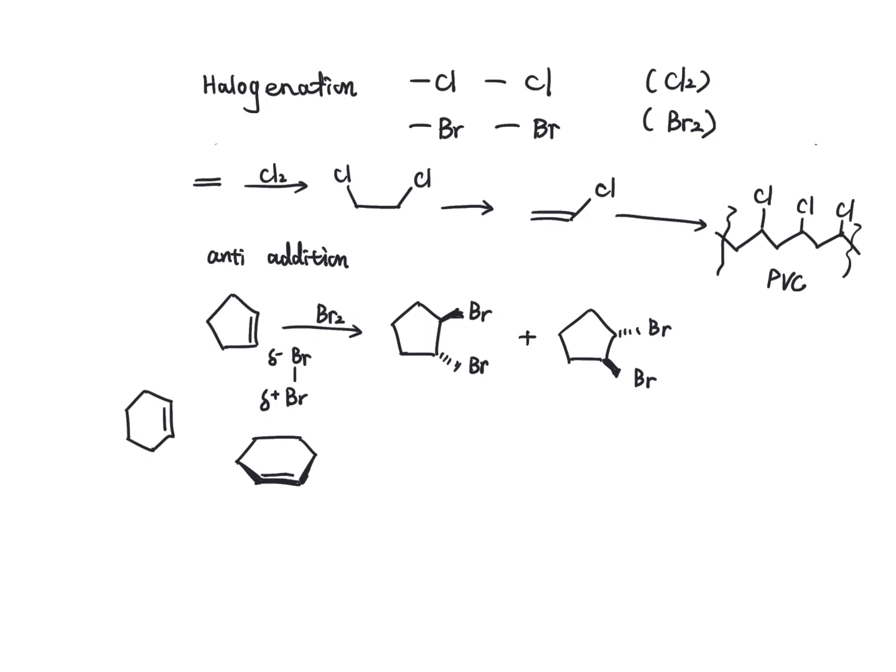So the pi electrons will grab the bromine to form the bond, and at the same time this will kick off, and one of the electron pairs on the bottom bromine will come over